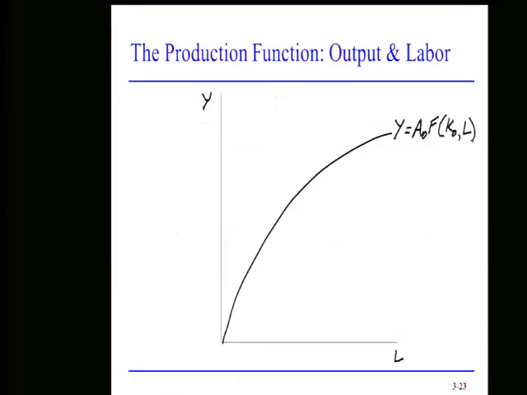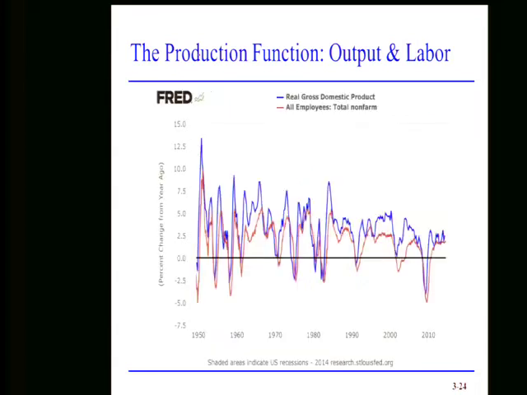Now the other thing to notice, one of the things that this diagram tells us is if labor is changing, the number of workers is changing, right, up and down, what we'll also see is a movement along the production function, so economic output will move up and down. Now while the capital stock does not change very quickly in the short run, the labor input, the number of employees, can. And in fact, that's what this chart shows. This is the year-on-year growth rate of the number of employees and the year-on-year